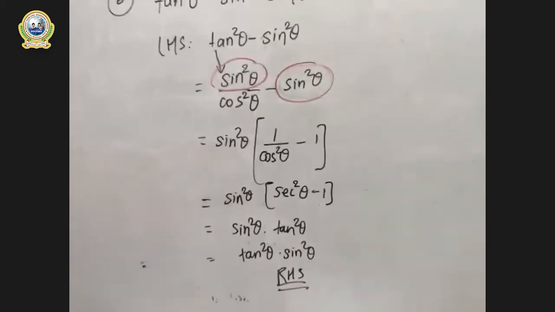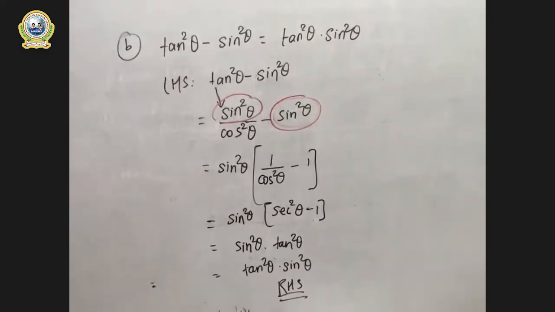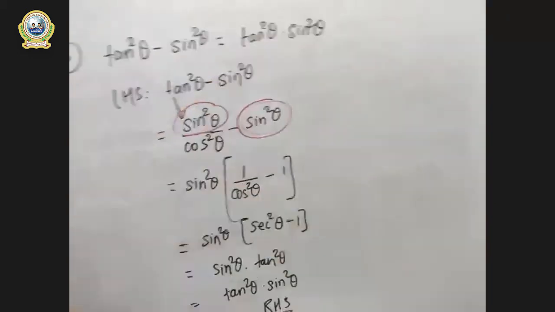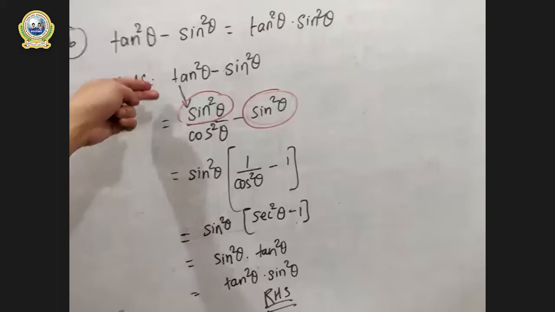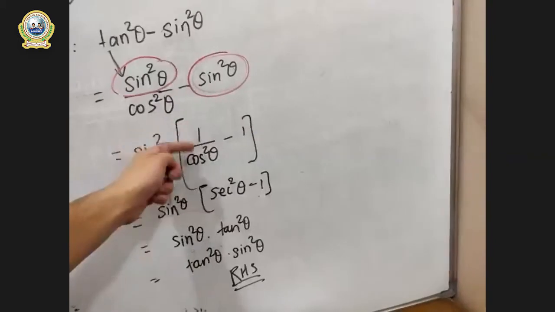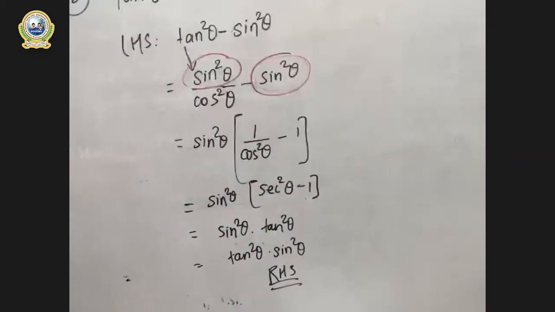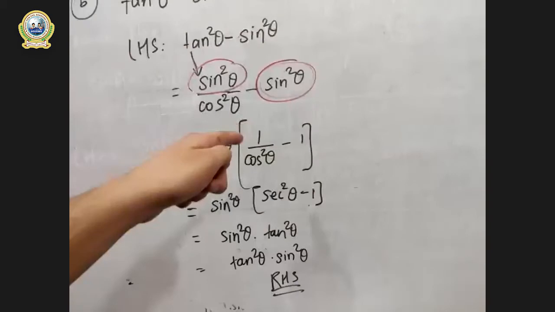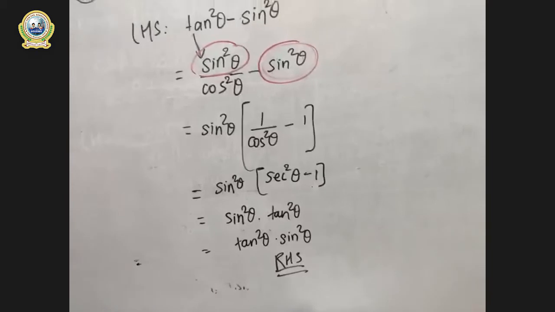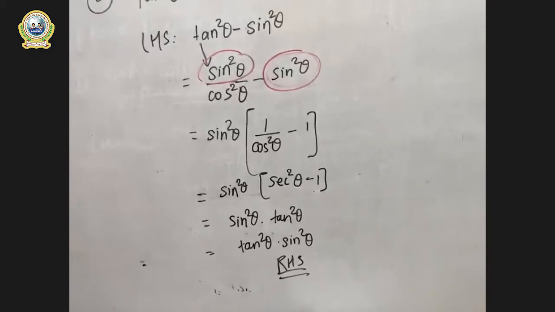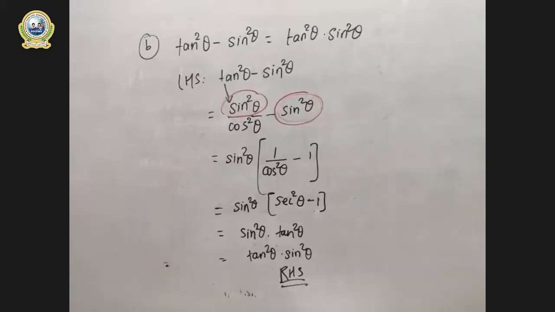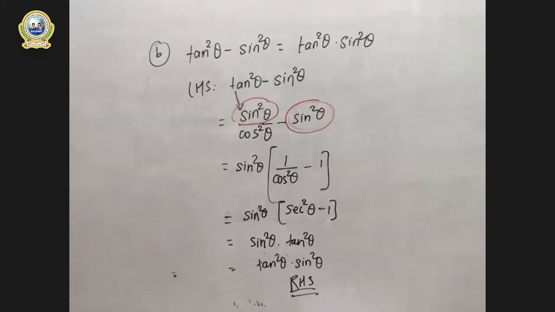Is it clear? Let me show you it all in aggregate. It seems like this. This is our left hand part, and this was our right hand side. And I started by writing tan as sine by cos. And in the second step, I took sine common. And in the third one, I wrote 1 by cos is equal to sec. But as there is a square also, I have included a square as well. And sec square theta minus 1 is the direct formula of tan square theta. And this is our answer, right? This is a very simple one. Be careful. Look at it carefully. And if there is any problem, you can tell me in the chat, okay?